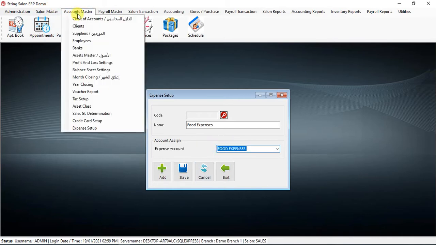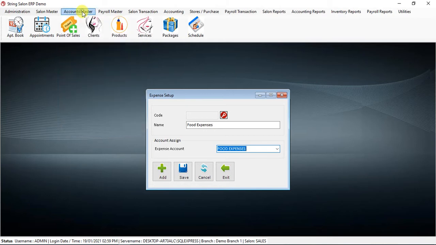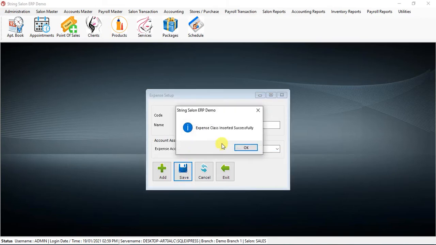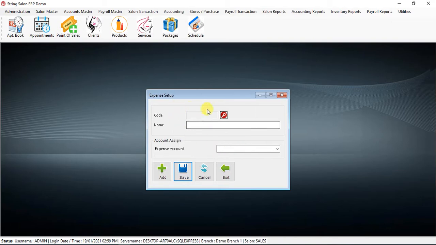You need to create it using chart of accounts. How to create chart of accounts, I'll explain in the chart of accounts video. You can find it over there, but it needs to be linked, then only all the accounting transactions will happen properly. So you just need to press save, and the expense class has been created.